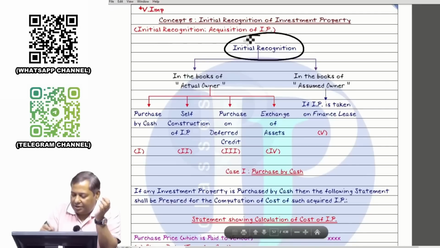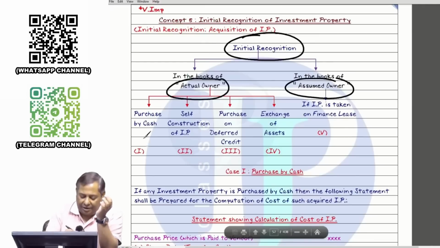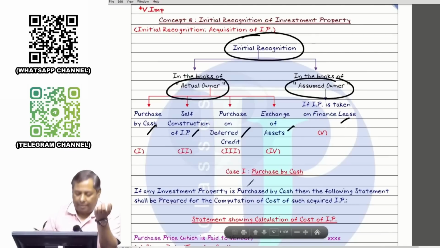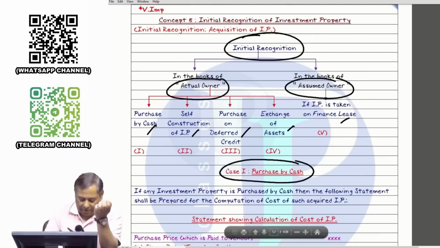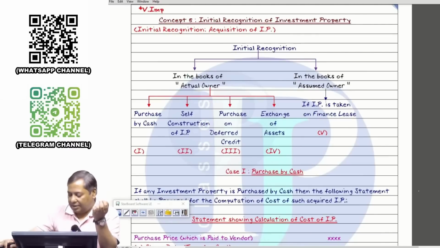This is our initial recognition. This is actual owner. This is assumed owner. You were given 4 cases on this: cash, self-construction, deferred credit, exchange, and this is a finance lease. So first I started with the cash. For this I had created a statement. Look,